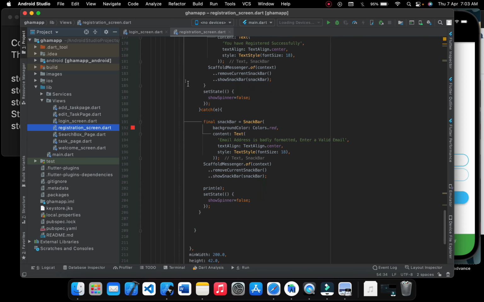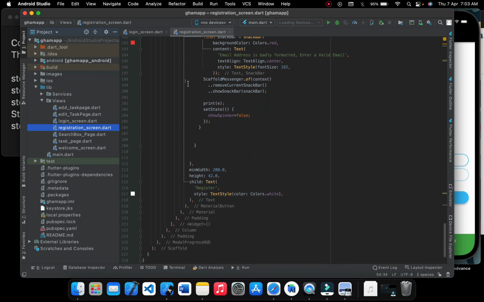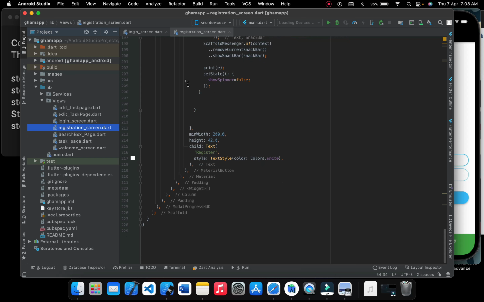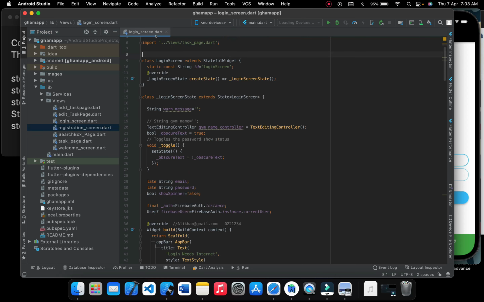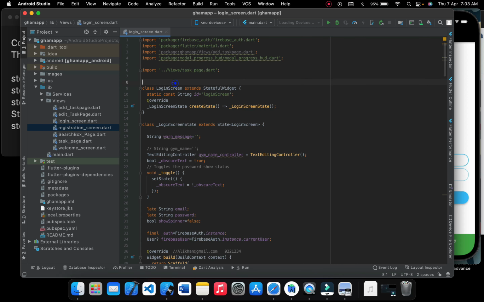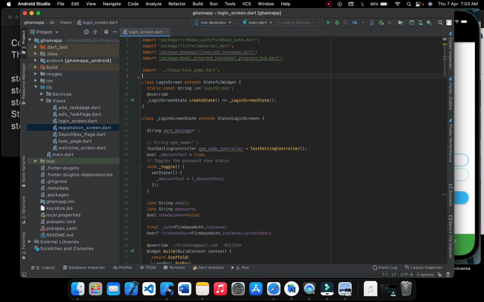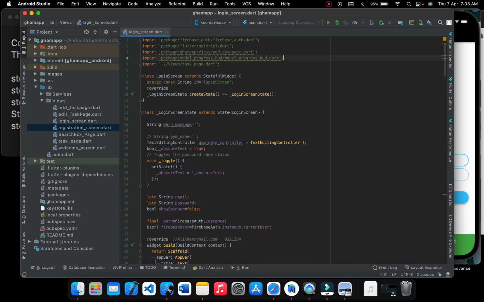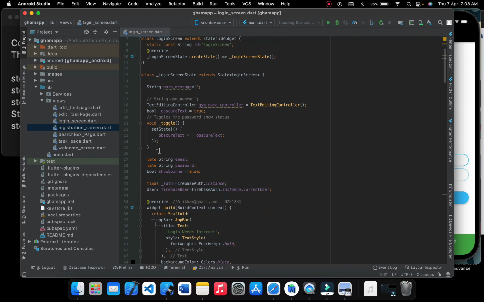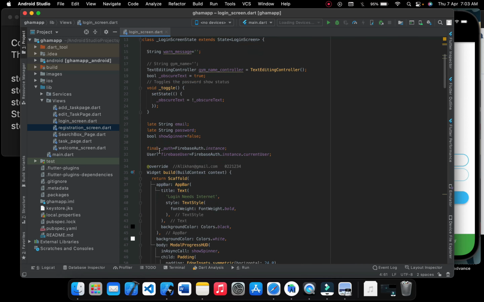Where's the end, man? Come on, go. It's too long. It took a lot of time when I was writing. Okay, our register is done. Then we have login. So in the login, import the libraries, right? Then we go slowly, slowly,